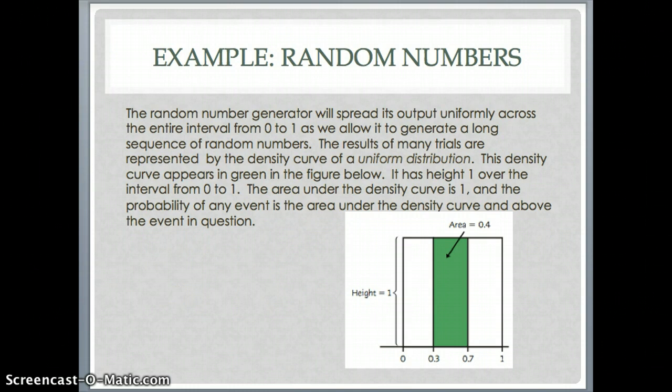The random number generator will spread its output uniformly across the entire interval from 0 to 1 as we allow it to generate a long sequence of random numbers. The results of many trials are represented by the density curve of a uniform distribution. The density curve appears in green in the figure below. It has a height of 1 over the interval from 0 to 1. The area under the density curve is 1. It has to be. And the probability of any event is the area under the density curve and above the event in question. And our event in question is going to be